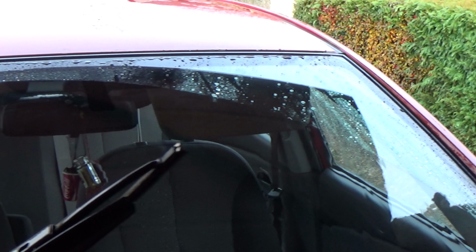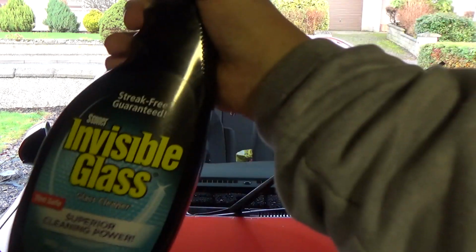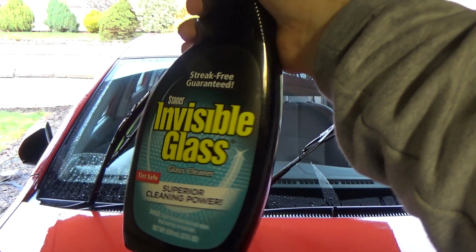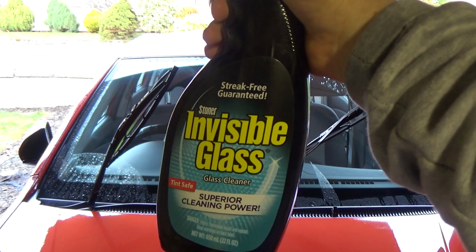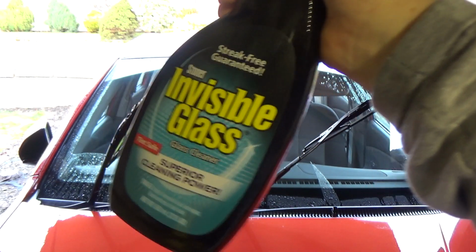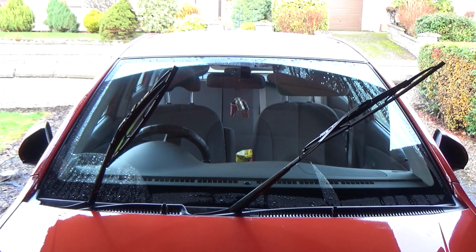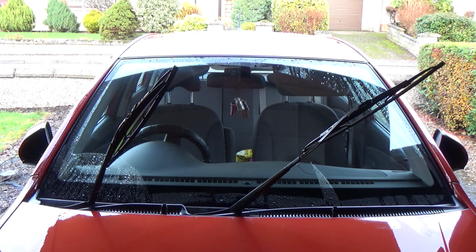So let's start with that. First I want to use a proper, actual, traditional glass cleaner. In this case I'm using Stoner's Invisible Glass. I really like this glass cleaner. It's not streaky, it does say it's streak free guaranteed. It's not foamy either, so it's a very straightforward glass cleaner to apply, and I'm just going to apply this